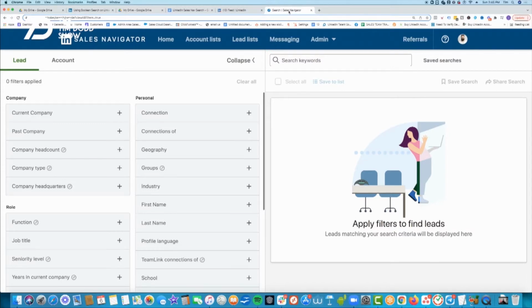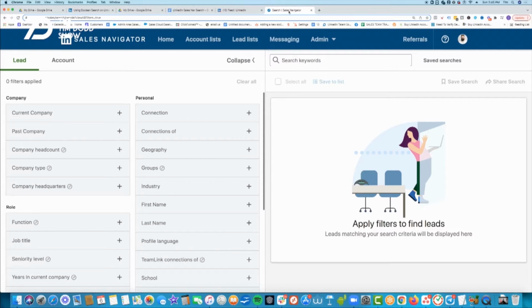People do get pitched a lot on LinkedIn, but guess what? That's what they're on here for, is for networking. Most people are on here in a business mindset, so make sure that you're using this tool to the best of your ability. Okay, so with that being said, LinkedIn has given us tools to both kind of interact with